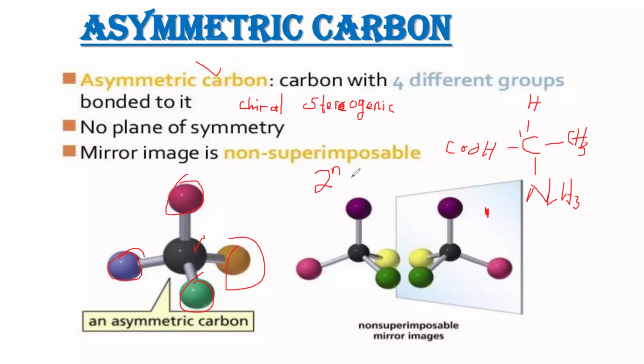So you can now say 2 power n. The n here is 1, so you can now say 2 power 1. 2 power 1 is just 2. So it means that they can only form two different